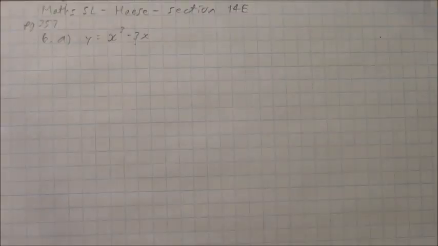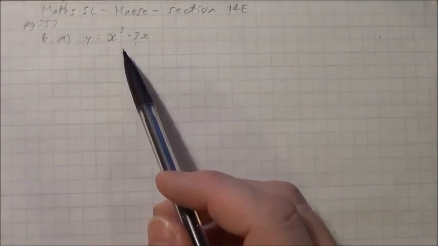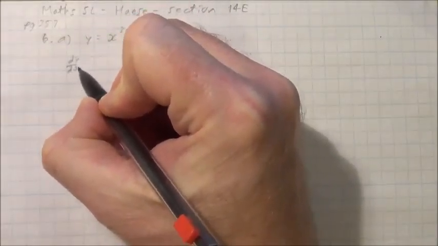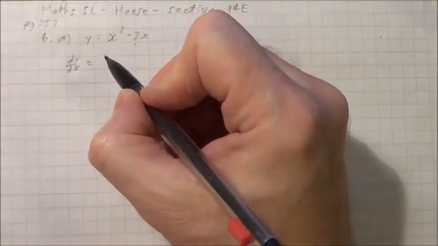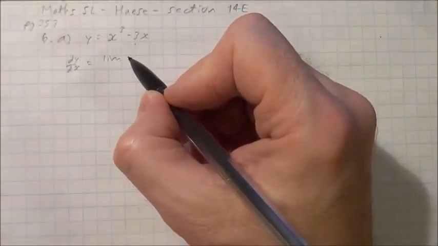Section 14E, question number 6, page 357. The question here asks us to find dy by dx of the given function, x cubed minus 3x, from first principles. So we'll go about this the same way as using the limit definition of a derivative. So find the derivative. We're finding the limit